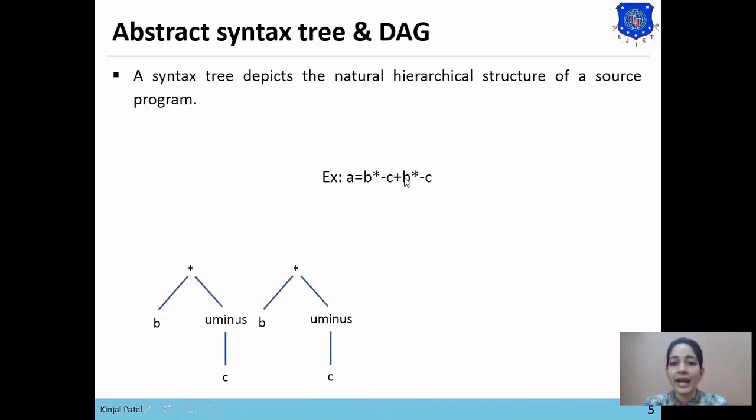Now we want to add these two sub-expressions. So plus will be computed for these two expressions.